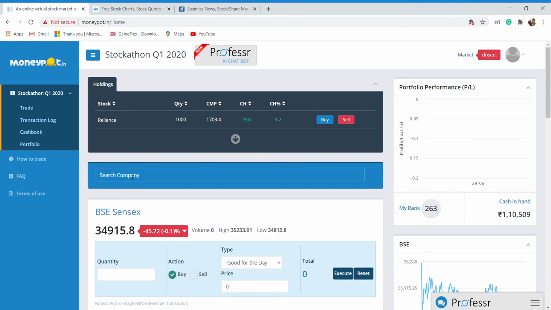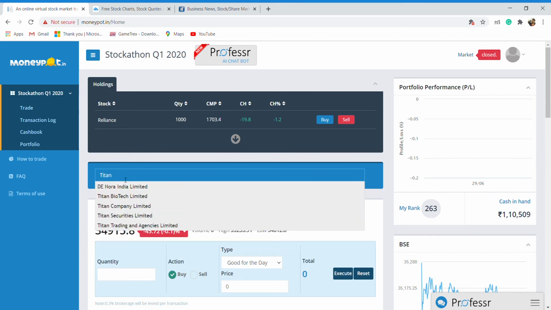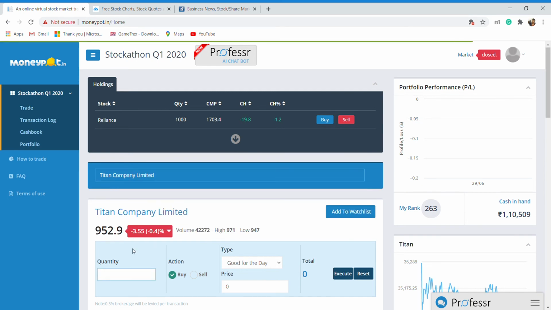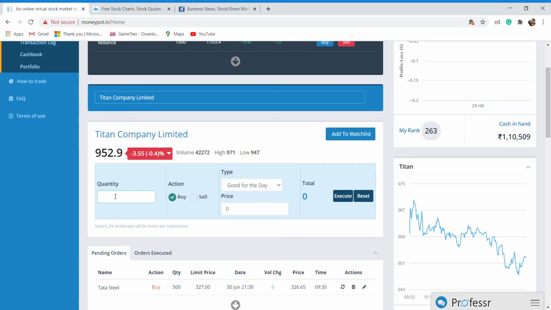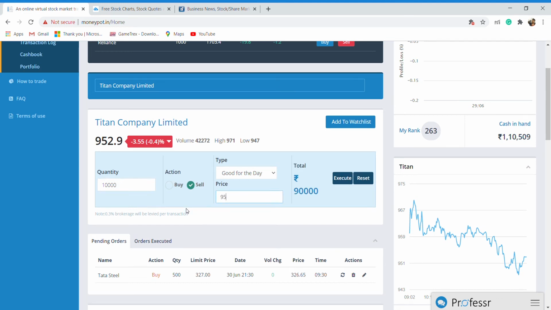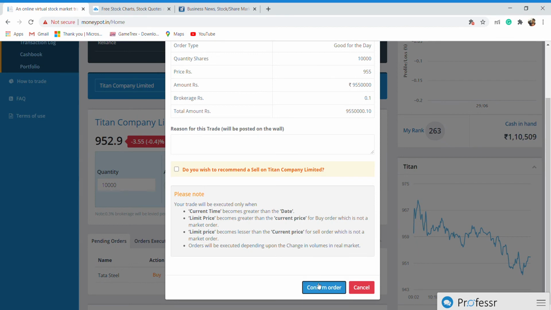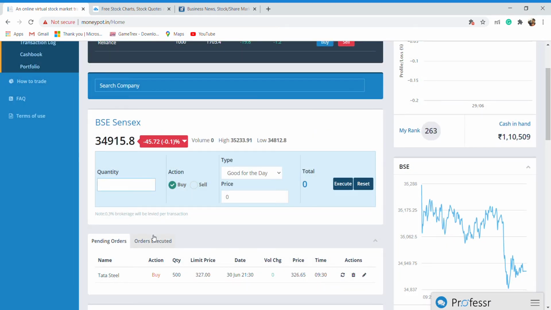So here I can explain to you, you can short the stock also. For example, if you're feeling that this stock is going to fall hugely based on some news, I will give you one example: Titan. I'm feeling like Titan is going to fall. So I am updating some 10,000 quantity of sell at 955. Here you need to check, you are going to spend 95 lakhs 50,000. It is apart from your cash in hand. So if you execute this, it will not get executed. Your order will get rejected.